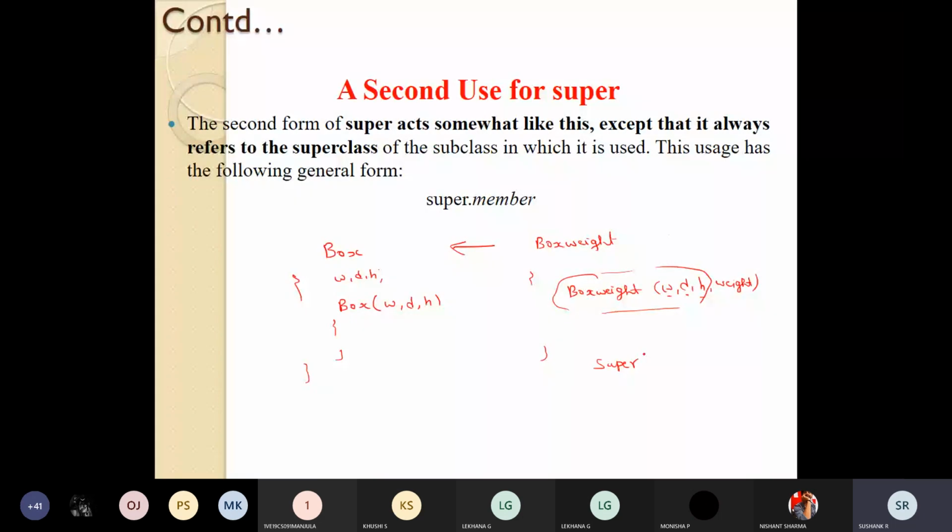Just remember this: there is a box class which contains three variables, and you're calling the constructor of that box class. Again, you're creating a subclass that adds one more parameter called weight to the already existing variables width, depth, and height. So now again you have to call a constructor with four parameters. What is the disadvantage of that? All these things we'll study in the next class.